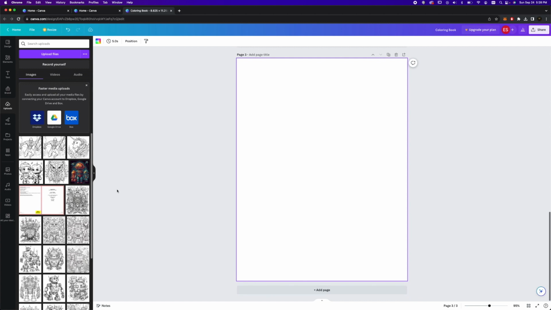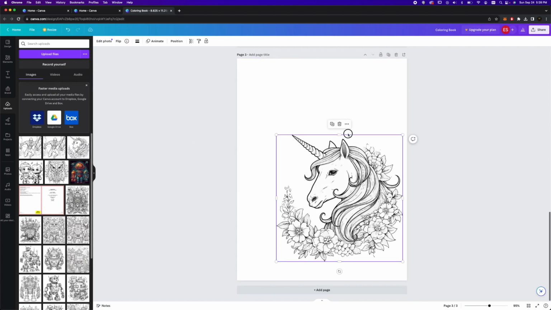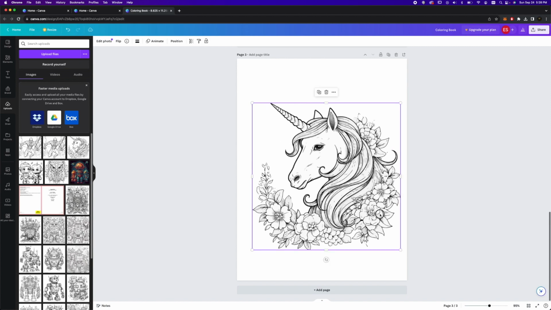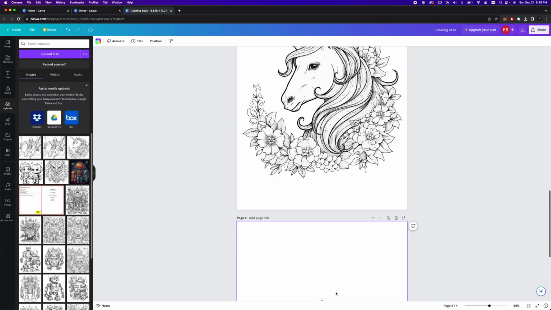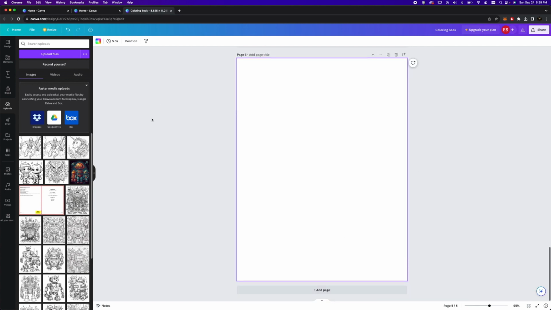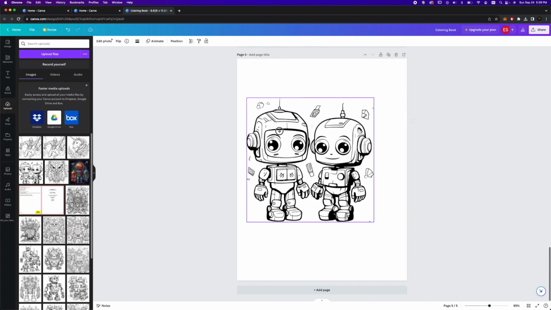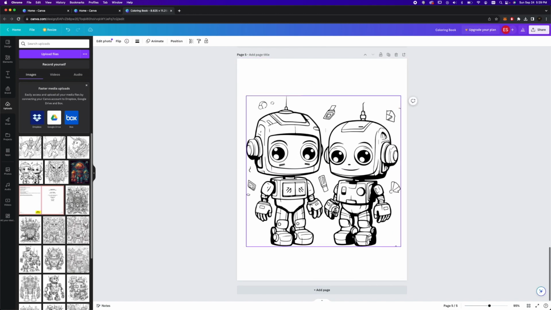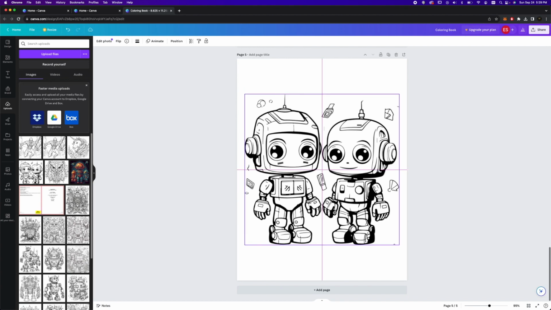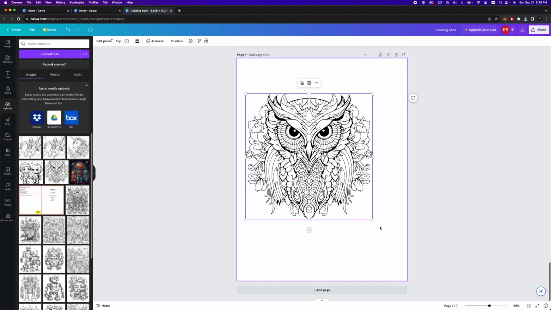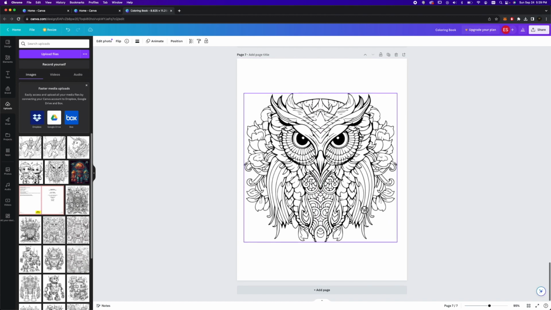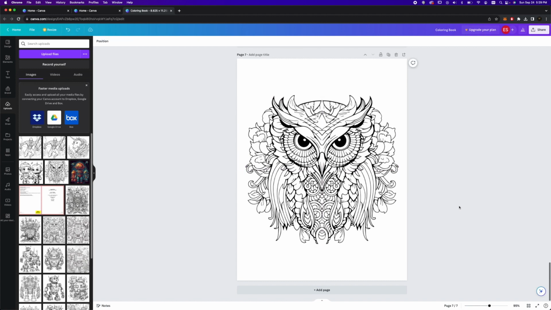So for example, I'll add a new page, and in here, I'll drag this awesome unicorn. There we go. And again, I would just add another image. Page 4, I'll leave that intentionally blank. Page 5, drag and drop these cutesy little robots. Hold down Shift. Now let's see, make sure that it's centered. Add a page, page 6 blank, and page 7, let's drop in my owl. There we go. I would just continue to do this until all 40 of my images have been placed on the canvas. Once I have this, I would just go to Share,